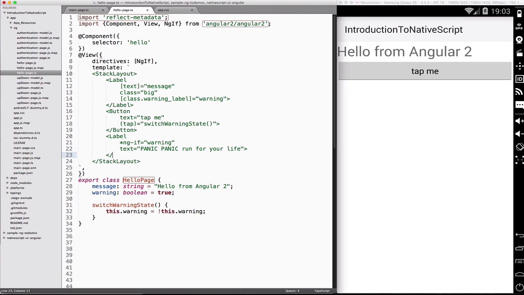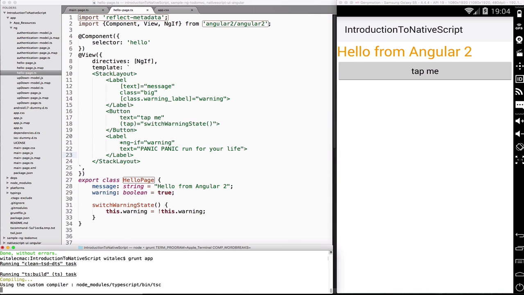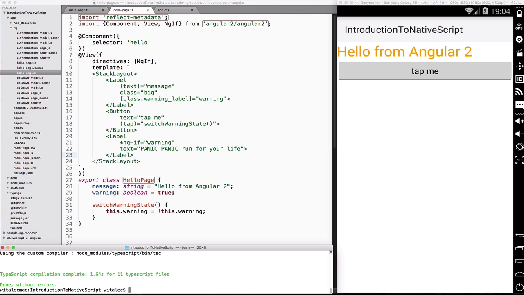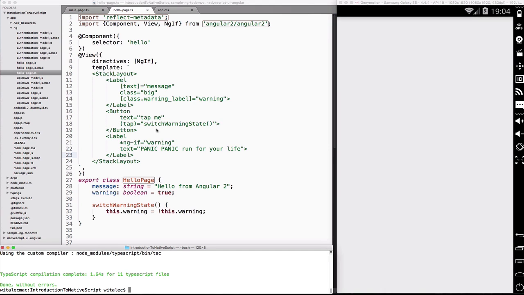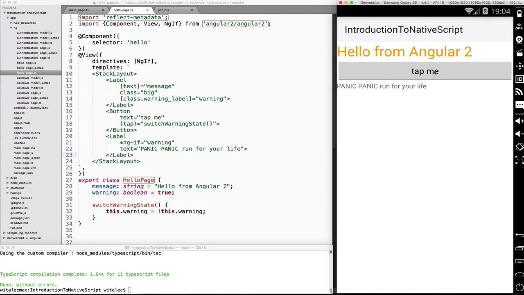Let me close that, save and run grunt. And now after this refreshes, our app should have a label which only shows when warning is true. And let me keep tapping in and out, and the label appears and disappears. I know it's not a particularly amazing example that I built, but it should give you an idea of how you bind to properties, how to set up conditional styling, or how you can bind to events